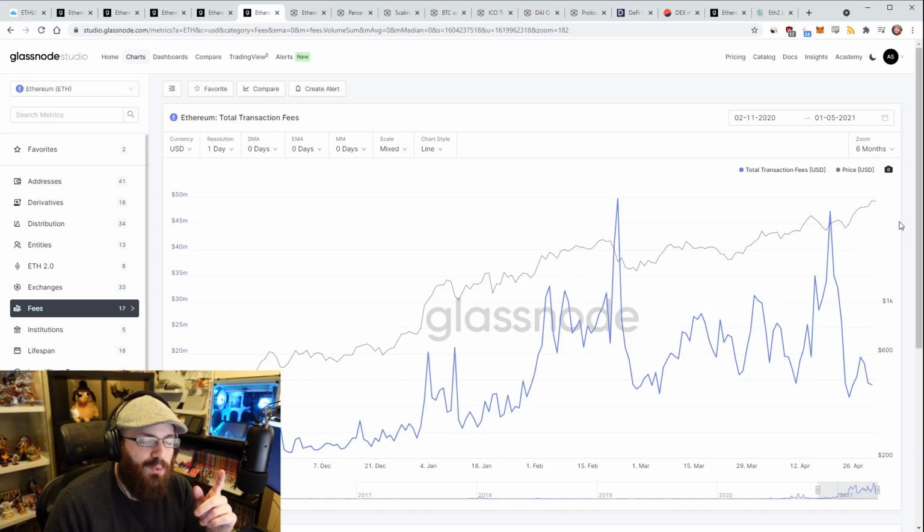But this is where it gets a little bit interesting. If Flashbots is responsible for taking a considerable amount of transaction fees out of the public mempool and rerouting around it, but they're still making fee revenue, then what ends up happening is that with EIP 1559, these miners that are on the receiving end of the Flashbots still need to pay ETH to the base chain for the base fee.